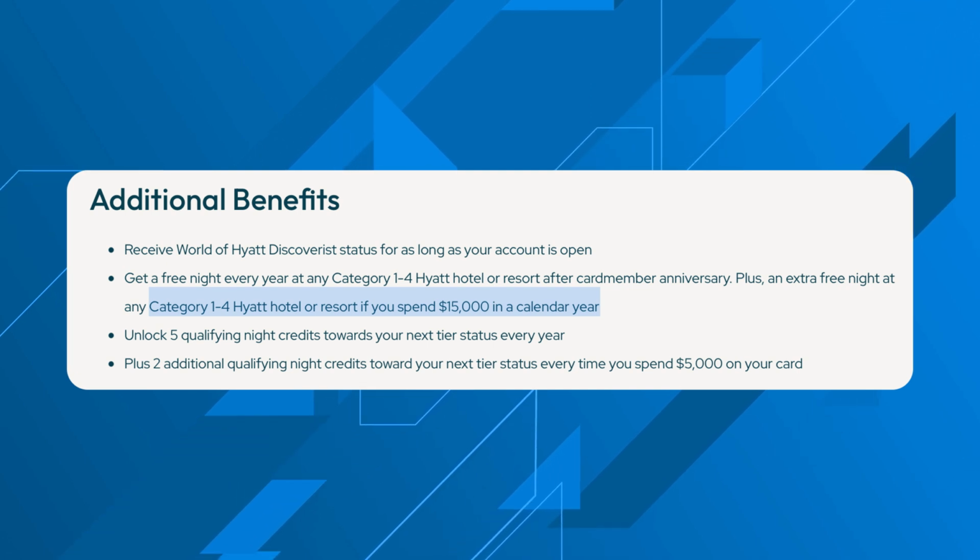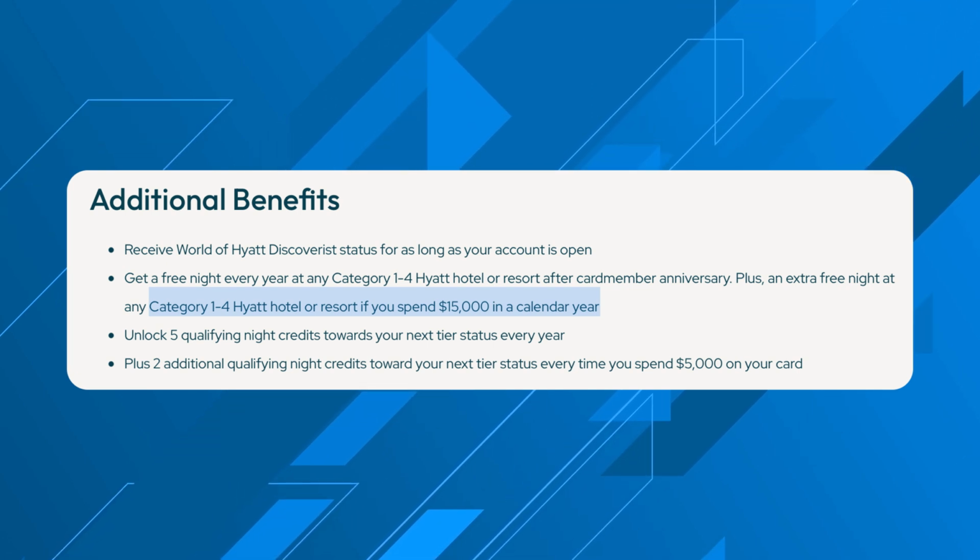I love what Hyatt has to offer in the major cities, and in my opinion it is the best easy cent per point valuation you can get at roughly 2.2 cents per point. So if you are a huge Hyatt loyalty member and you want to just go to Hyatt hotels and fully maximize it, this could be a good card to consider, and that's why I am considering it. So that's the one that I'm actually leaning towards the most, but leave some comments down below if you guys think I should stay away from this one for now and just consider the next card, which will be the